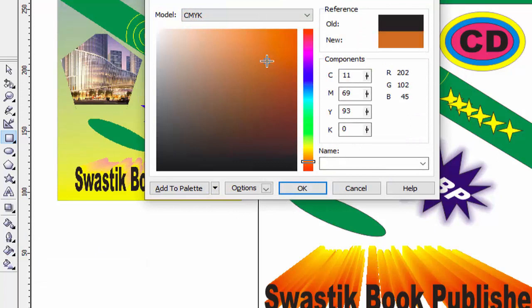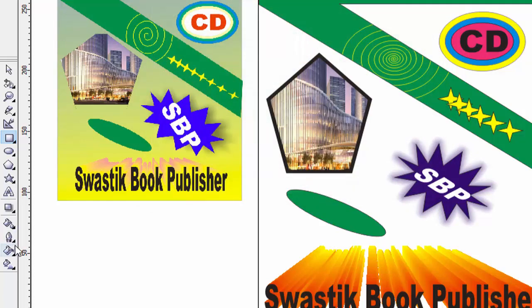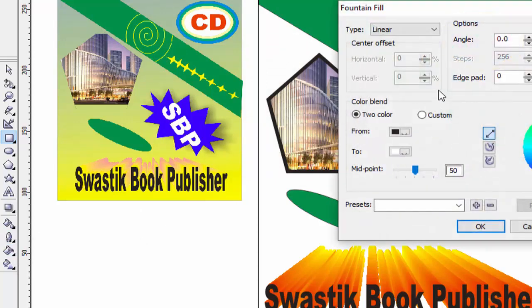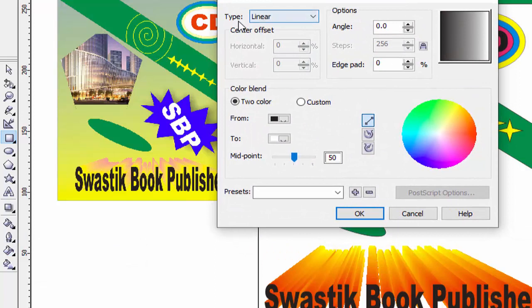Simple color to fill any color, dark, light, select from here. And if you want to change the color, change your color from here, and you can fill that color, press OK. If you want to fill the fountain colors, use this option, fountain fill color, or shortcut key F11, and you can fill two colors, the first color from here and the second color from here like this.